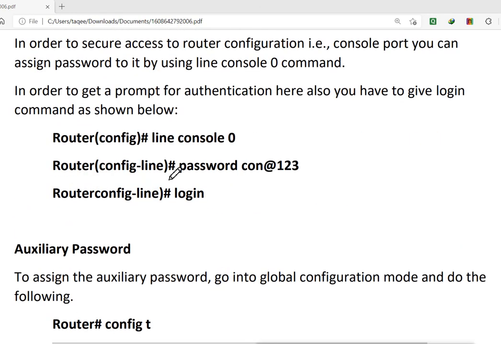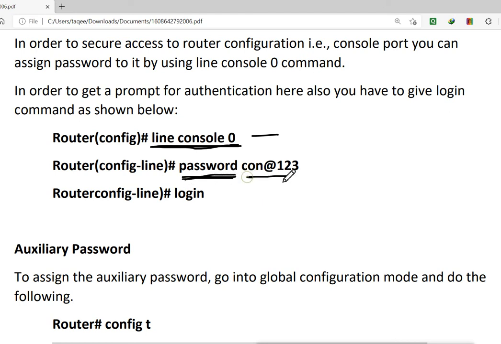For example, I set the console password. So what I did, I went to the console port and then here I used this command to configure this password. Now I want to remove the password. So first I will go to the console port again. Remember, wherever you configured, you have to go there. If you want to remove any configuration, you have to go where you have configured it. We configured the password in this line mode, so first I will go to the console line. I will use the same command here. This is the command to configure the password, and this is the password.